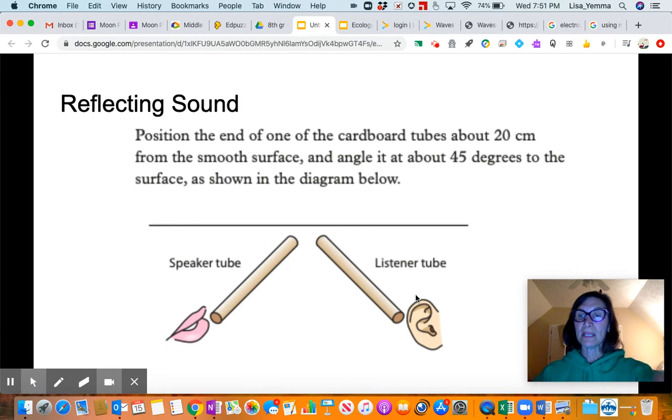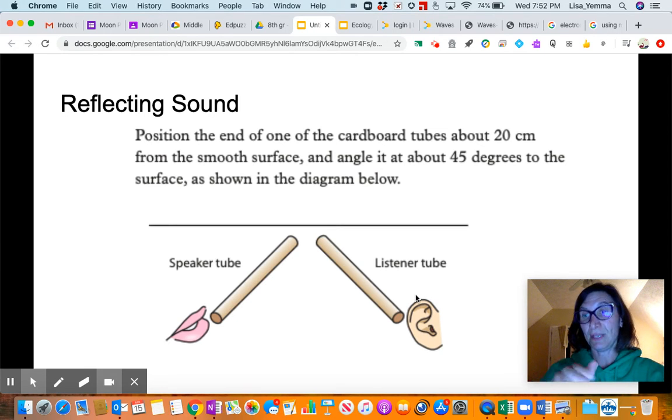So you're speaking, someone's listening, vice versa, switch jobs. You are speaking softly, kind of like we did with our cup experiment. So you're saying something in there like, "You're a great person. I'm so glad that I'm home, socially isolating with you," or whatever. Then what you're going to do is take your 2 tubes and leave that